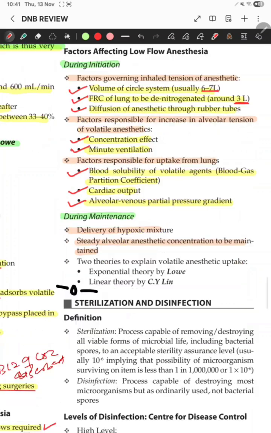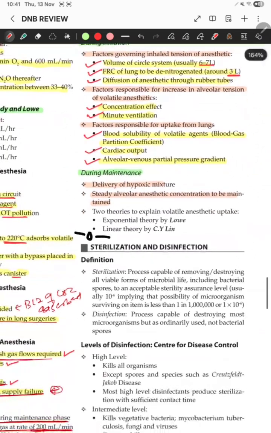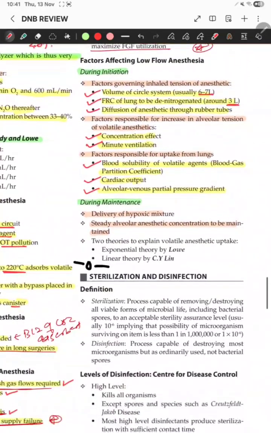partial pressure gradient. During maintenance, which factors will affect? Delivery of the hypoxic mixture, steady alveolar anesthetic concentration to be maintained, and two theories to explain volatile anesthetic uptake, that is exponential theory of Lowe and linear theory of